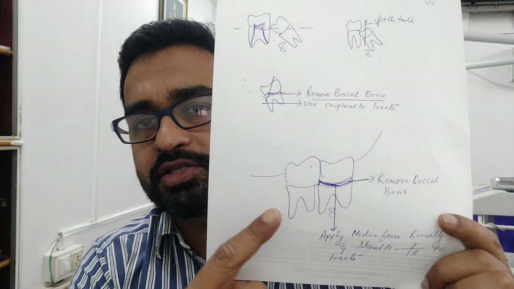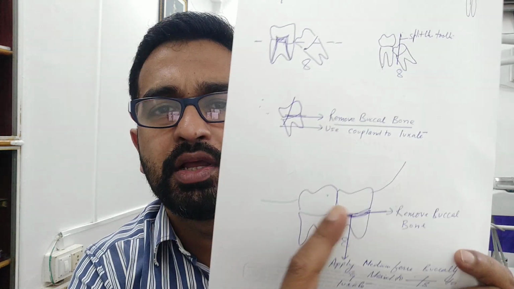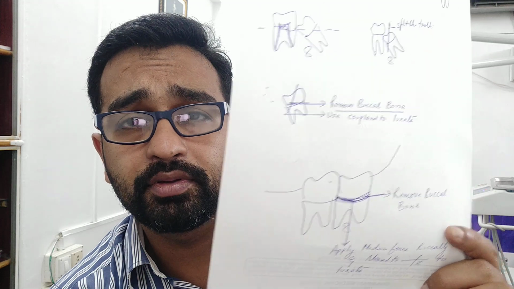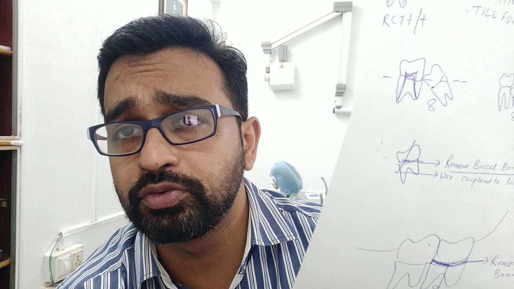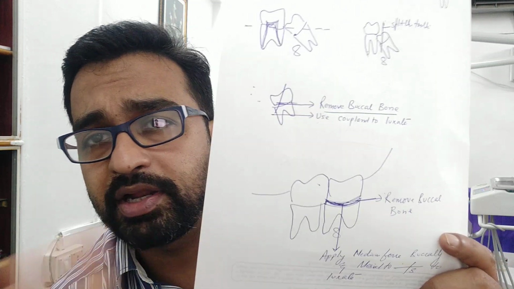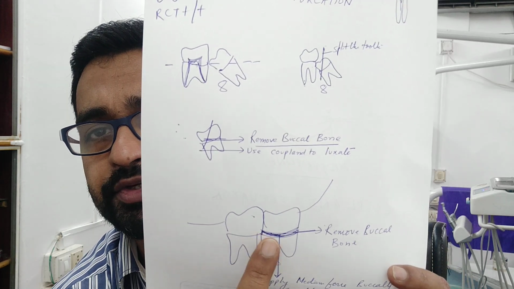Right. Now the second last situation, which comes is normal vertical impaction. Don't just remove the flap. Flap elevate करिए. Flap के बहुत सारे YouTube videos हैं how to do a flap of third molar. तो वो मैं नहीं दे रहा हूँ, मैं डायरेक्ट आपको बता रहा हूँ कि ये जो एरिया है ना,